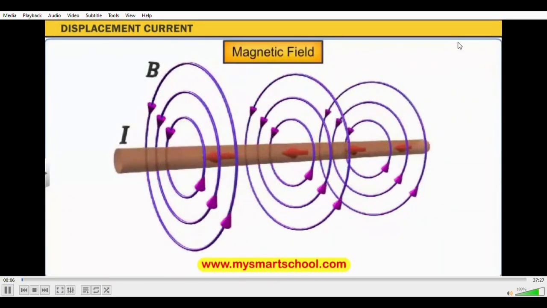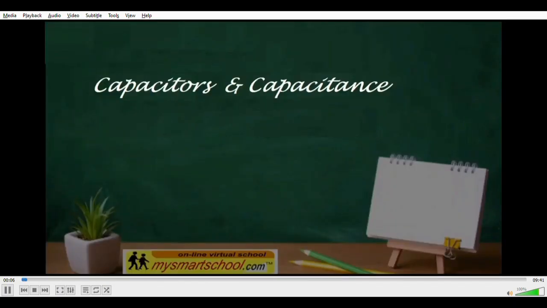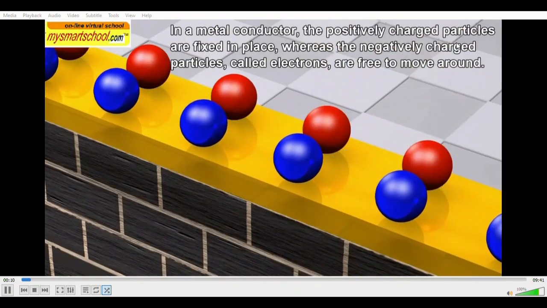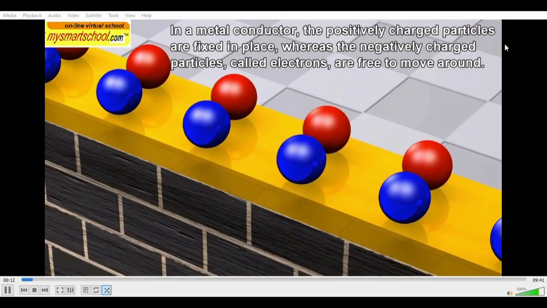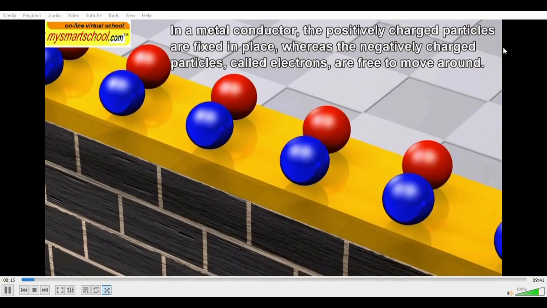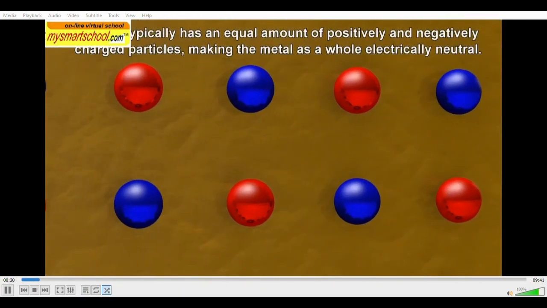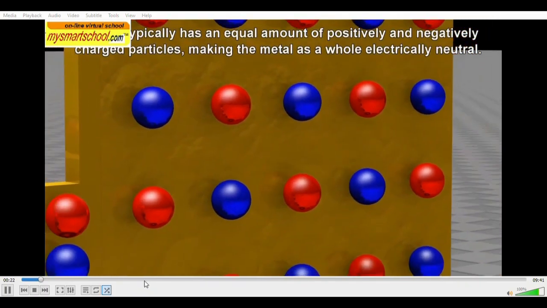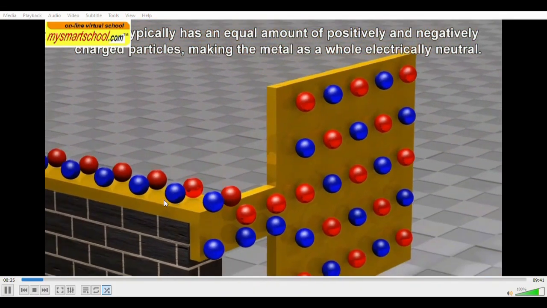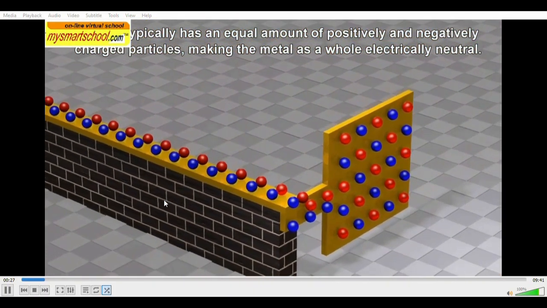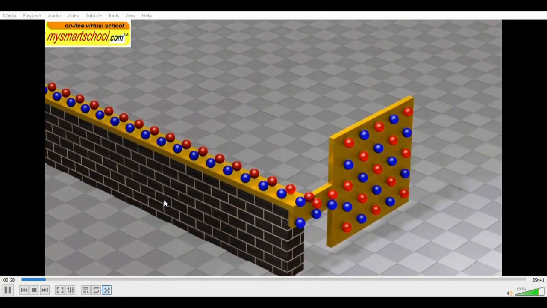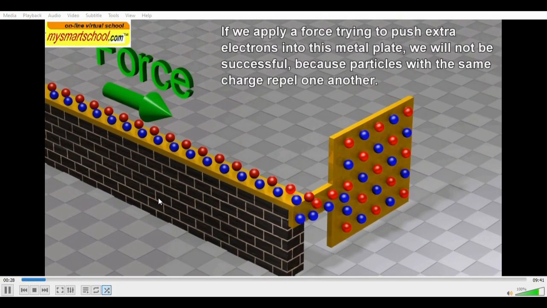As we have learnt earlier, positively charged particles are fixed in place, whereas the negatively charged particles, called electrons, are free to move around. A metal typically has an equal amount of positively and negatively charged particles, making the metal as a whole electrically neutral. If we apply a force trying